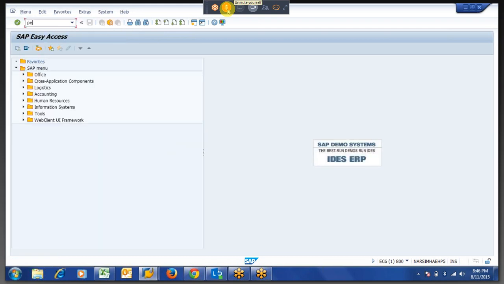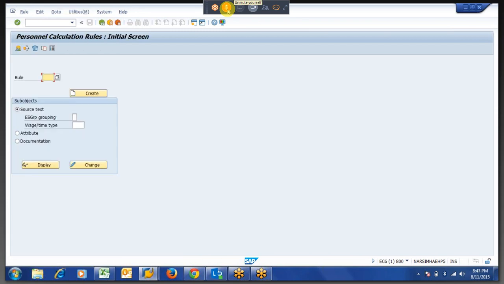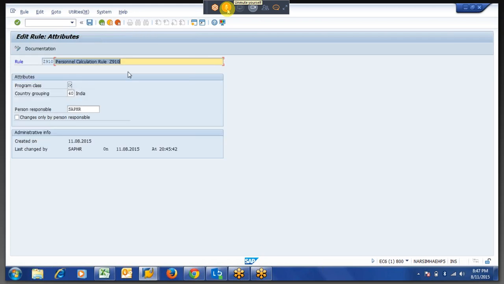See, initially you are going to write a PCR. So you have to create a PCR. These are the attributes of the PCR. First, you will mention a text. Then there is the standard program class.